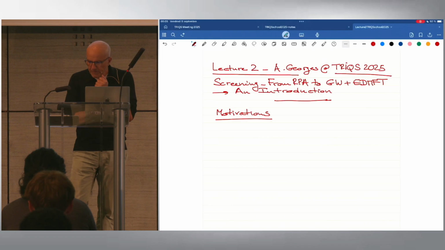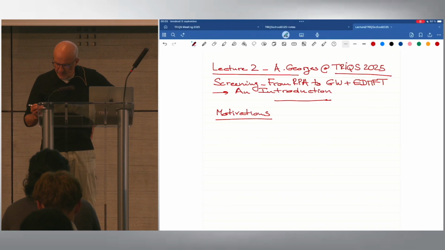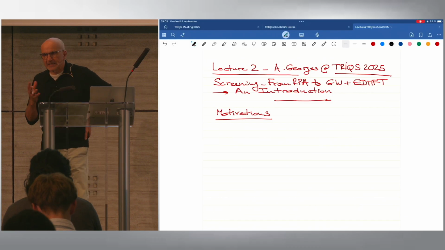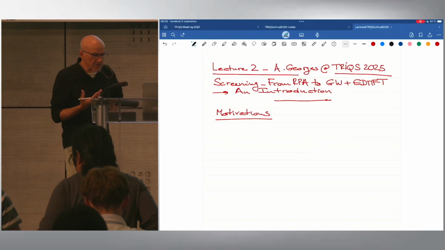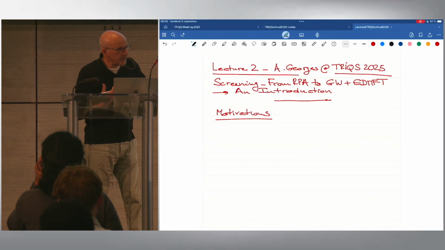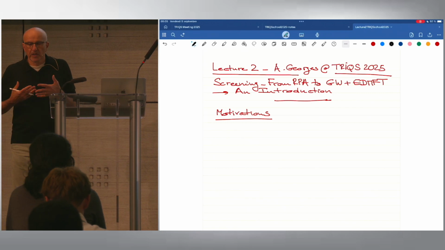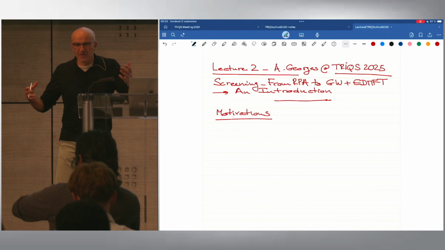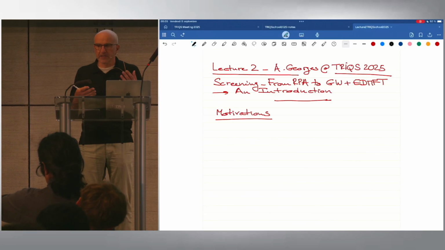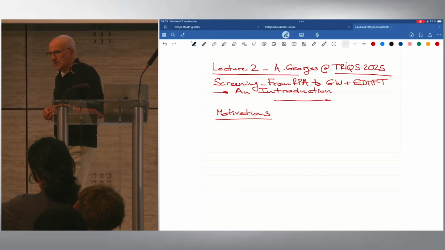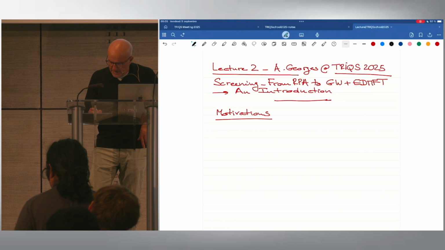Okay, so first, motivations. We've seen in previous lectures that as nice as it is, the combination of electronic structure based on density functional theory and dynamical mean field theory comes with some aspects that you can call engineering, and there is nothing dismissive in these terms. It's absolutely fine, but there are some ad hoc things that we have to do, which are not entirely first principles. And the main two things that I'm alluding to is first,